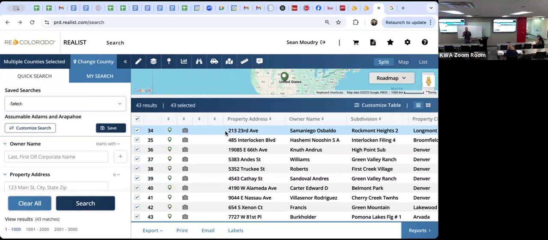Hold on, bear with me, I've got a little experience in this. The agent doesn't fill it out correctly. Yeah, that's what I'm saying. There's a lot of agents that have homes that have assumable mortgages that don't know that they can sell them assumable. This is what we're circumventing, because if you pull the same list on MLS, you're probably gonna get 5. I got 36, and just Denver and Arapahoe.